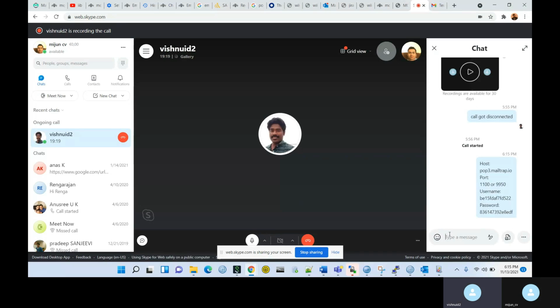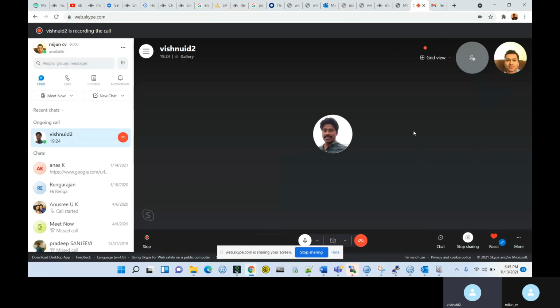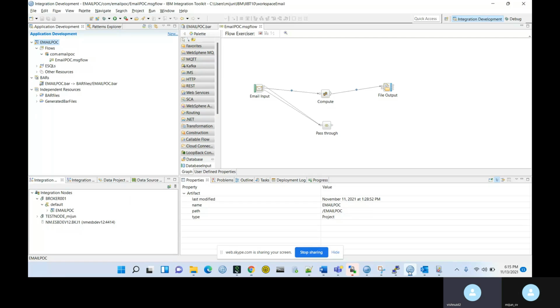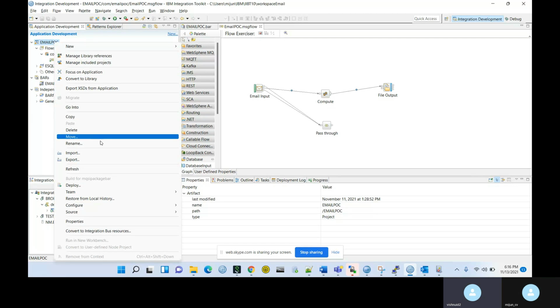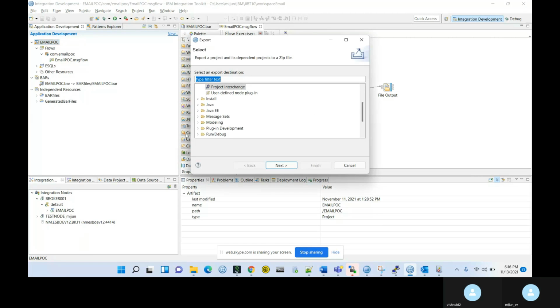All right. Now export the zip file, that is the project file. Go to Toolkit. Right click on the project and export it as project interchange.